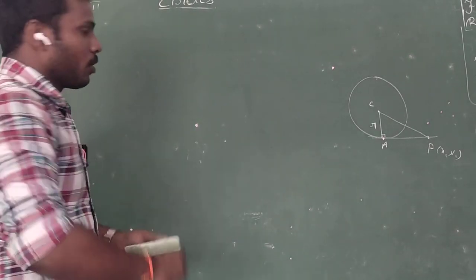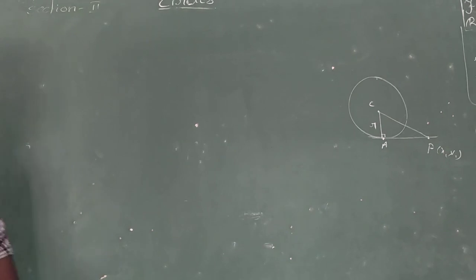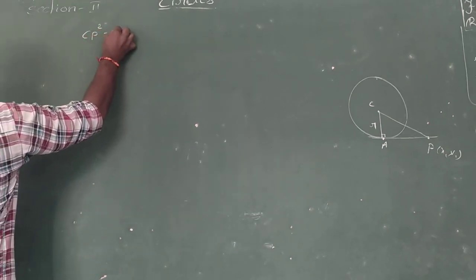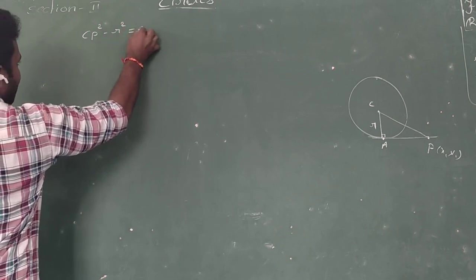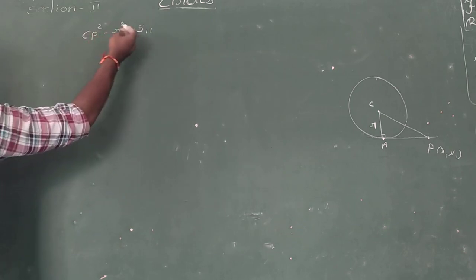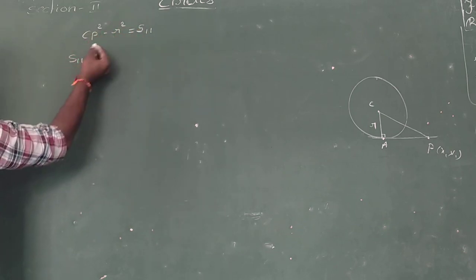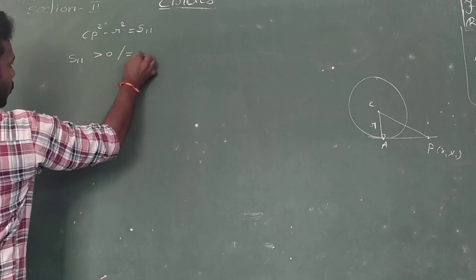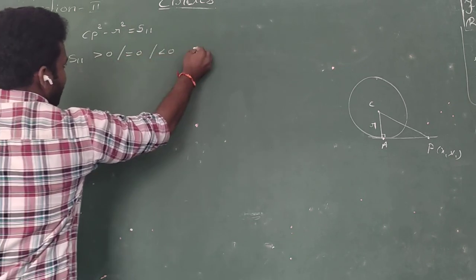Okay, just overlook the section 2 conclusions. First one, x1 square plus y1 square minus r square is nothing but S11. We are defining that S11. The condition for this S11 being greater than 0, equal to 0, or less than 0 is nothing but